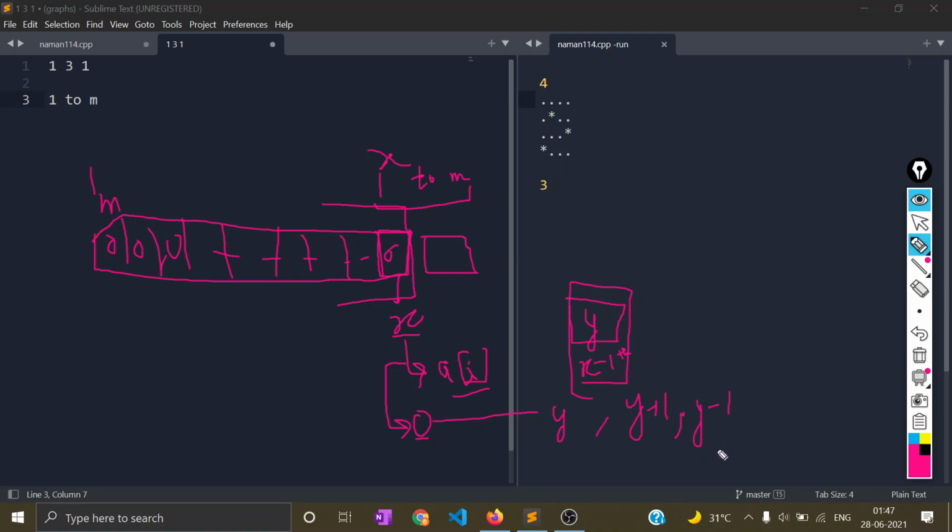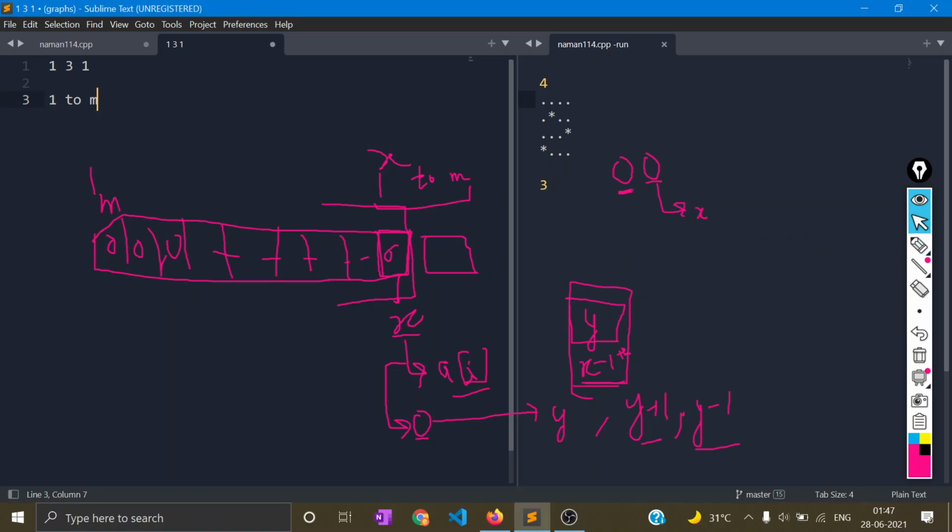And of these three values, we have a condition that y should be greater than 1 and y plus 1 should be less than or equal to n. So these are some conditions we would apply, but the basic idea here is to consider the x minus 1 as element. But how do we get the x minus 1 as element? Because there can be cases when we have 0, 0. In that case, we know that our x element is 0, but our x minus 1 element is also 0. So what we would do is create a table.